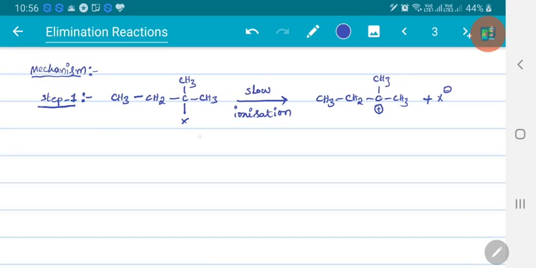If we have the same halogen at the secondary carbon, then there will be migration of either hydrogen or methyl group to form a more stable carbocation, based upon the migrating aptitude. That group will be migrated to form the more stable carbocation. Now here this is the rate determining step, as this step is the slow step.